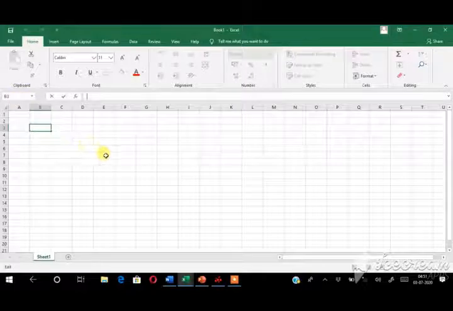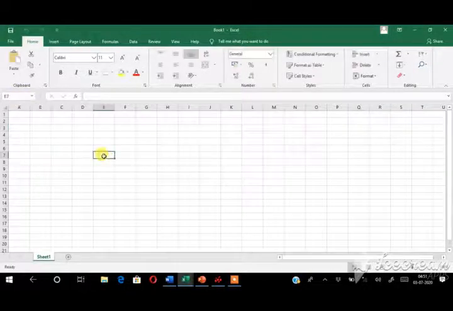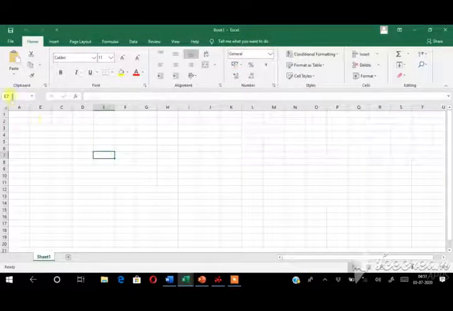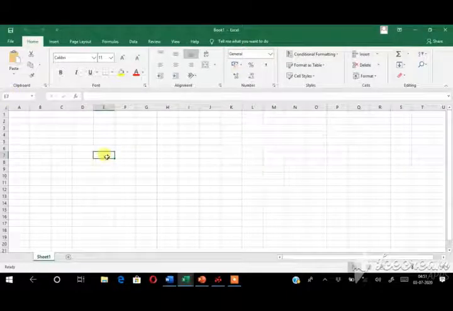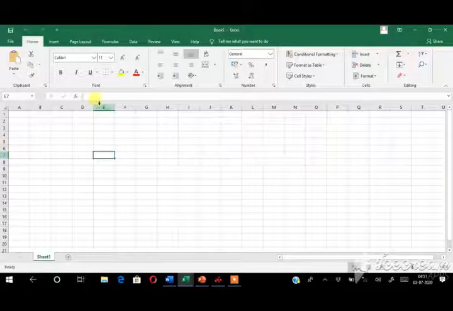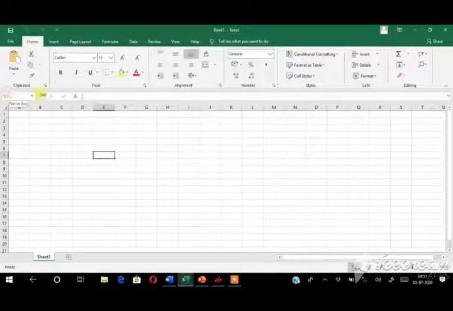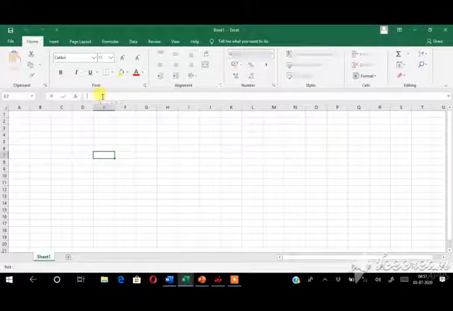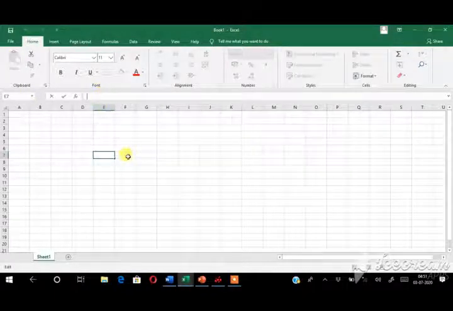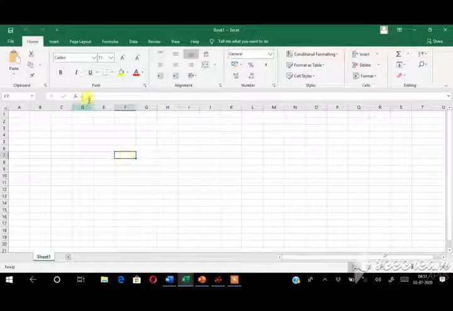Wherever you click in the sheet, the address is displayed in the name box. For example, here I am clicking. See, the column is E and the row number is 7, so the address is displayed in the name box. And this is the formula bar. Whatever formula you enter in the cell will appear here.